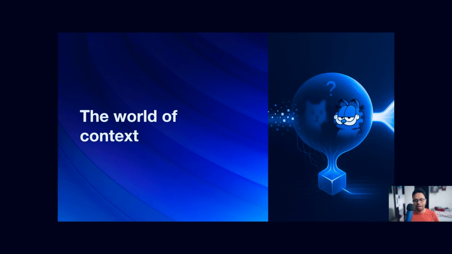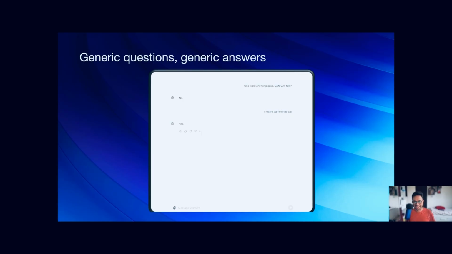And to create that, the prompt, remember, not prompt engineering. I don't like the word prompt engineering. It's prompting. Prompt engineering is a subject in data science. It's a huge thing. But what we want to figure out is how we talk to these AIs, providing more and more context. So to understand this concept, I went to ChatGPT and thought, let's talk to it to figure out if I can come up with some examples. And that is why the word Garfield, or the image Garfield, that you saw.